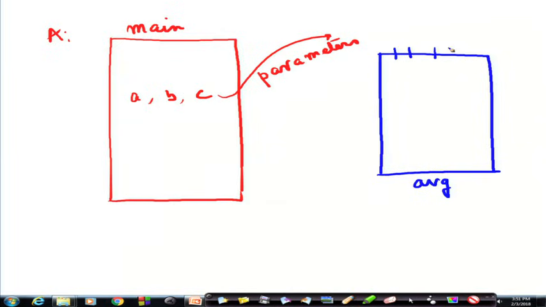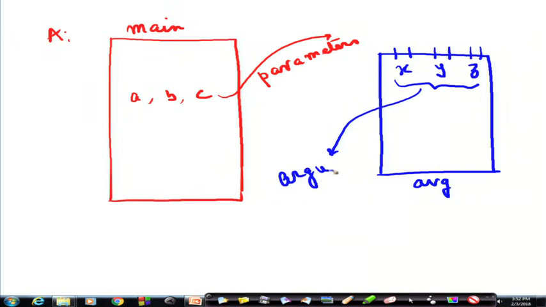So, this X, Y, Z are arguments. This we call as arguments. All right.